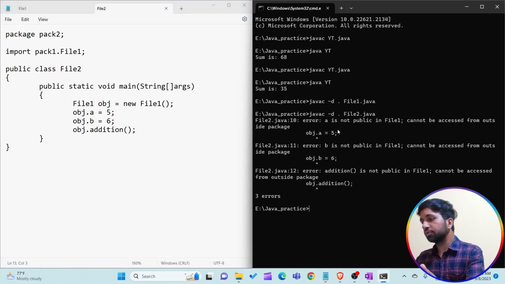So there is an error provided by the compiler. Read the message: a is not public in file1, cannot be accessed from outside package. Then b is not public in file1, cannot be accessed from outside the package. Then addition is not public in file1, cannot be accessed from outside the package. So you have to understand, we are not able to access the default member of a class outside the package. In this particular example,